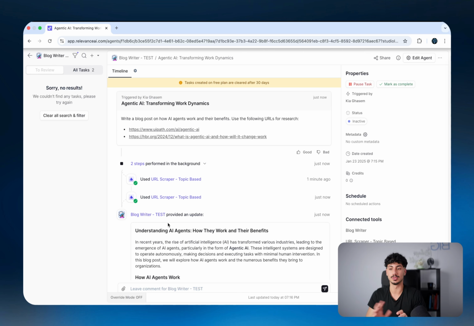Now, this was a super simple example of what an AI agent could be capable of, but you could imagine there's a lot of use cases for AI agents. Realistically, I honestly think in the future, almost every employee's job will somehow have an AI agent in it. Now, whether that AI agent fully replaces the employee and becomes the AI employee, or whether that AI agent operates as a tool that helps that employee.